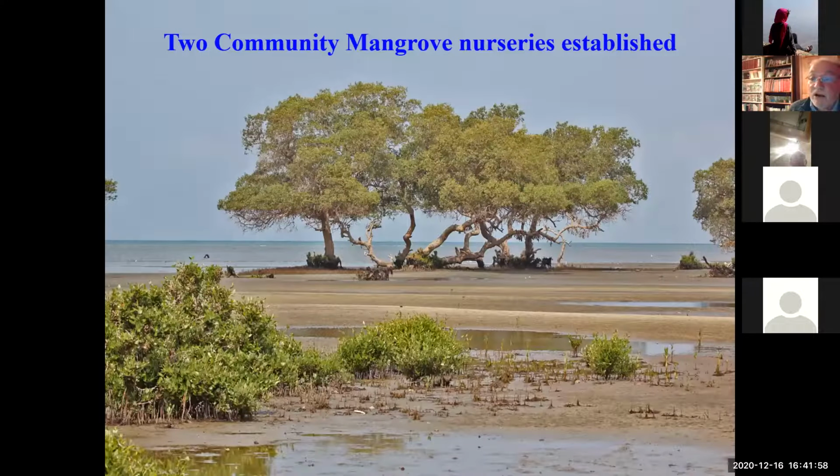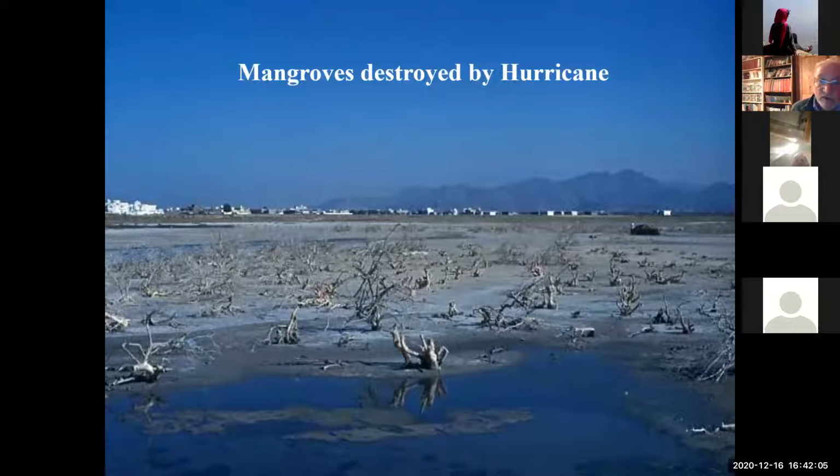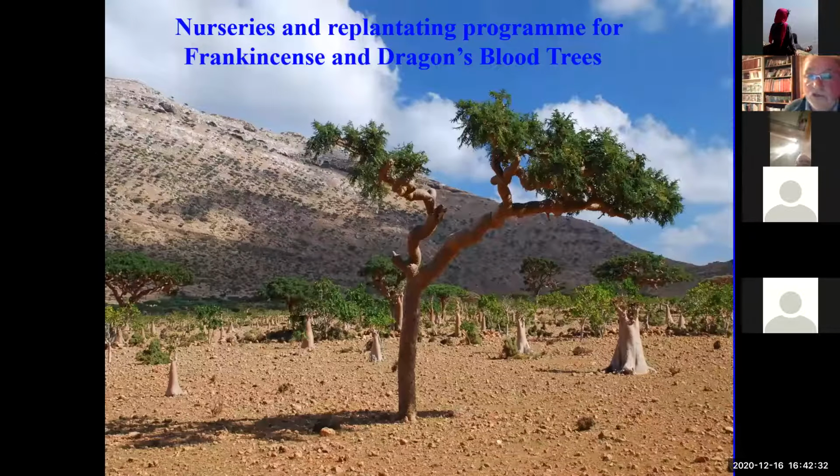Two community mangrove nurseries were established. This is a mangrove here. And the reason for this was because a lot of mangroves were destroyed by hurricanes on the island. And mangroves are such an important protective plant for things like tsunamis, as well as being wonderful in their own right for the wildlife that they support. So this has been realised, and this was an important part of the programme, as was nurseries for replanting